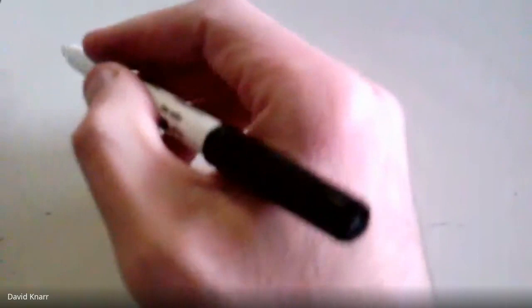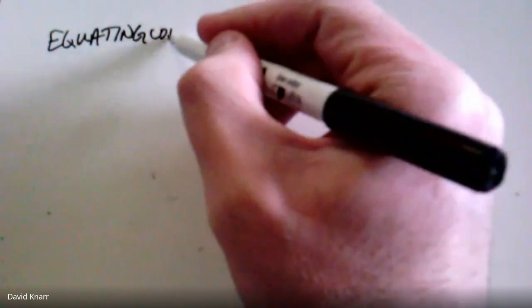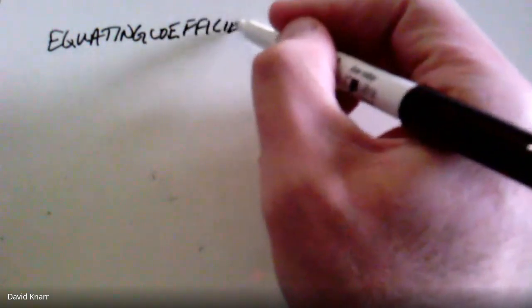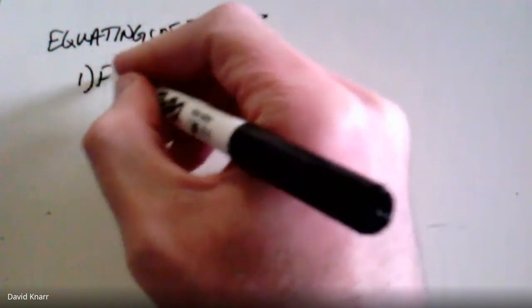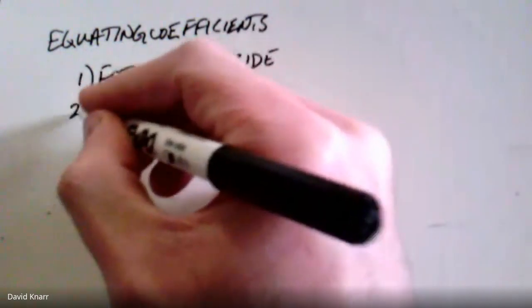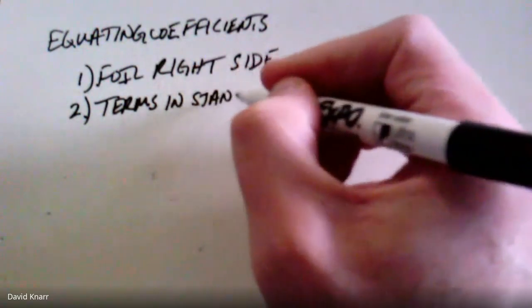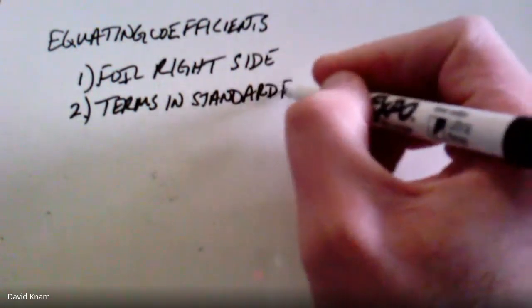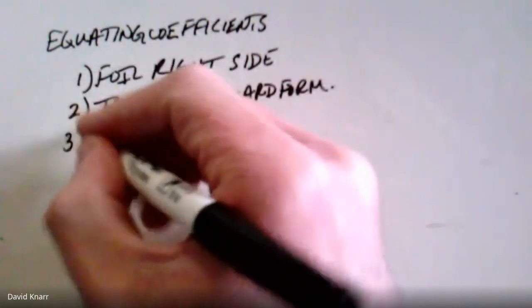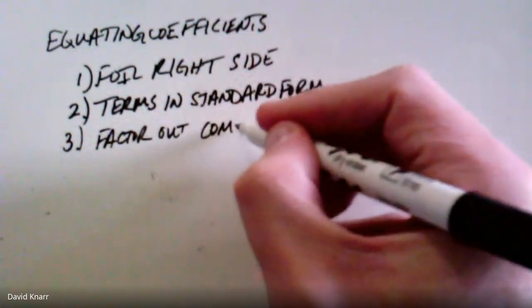All right, and that process that we used is called equating coefficients. So let me summarize equating coefficients for you before we go on to the next example. So equating coefficients. Okay, so basically what you do is you FOIL the right side, put the terms in standard form, and then factor out common